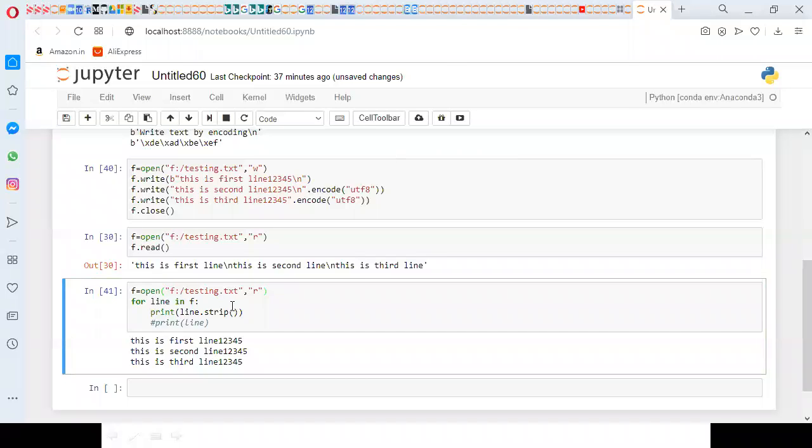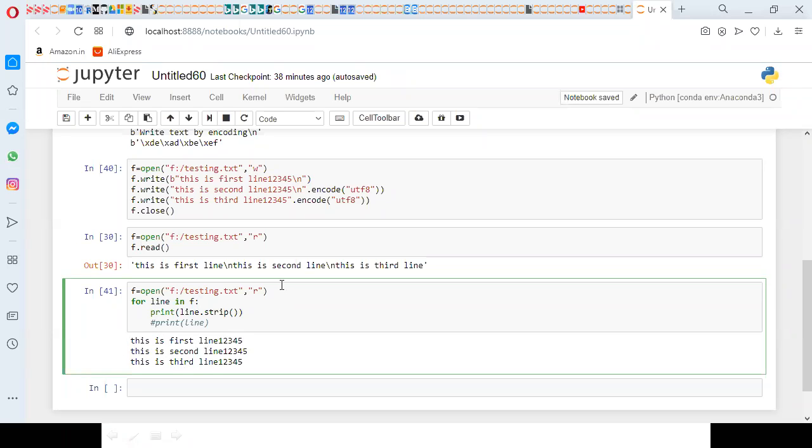What we are doing is I need to read from the second line. It is your responsibility to count how many characters are there in the first line. For example, here I'm checking 1, 2, 3, 4, 5, 6, 7, 8, 9, 10, 11, 12, 13, 14, 15, 16, 17, 18, 19, 20, 21, 22, 23. So I need to start from 24. Then it will go to the second line.